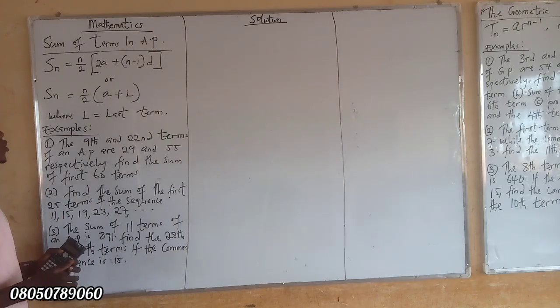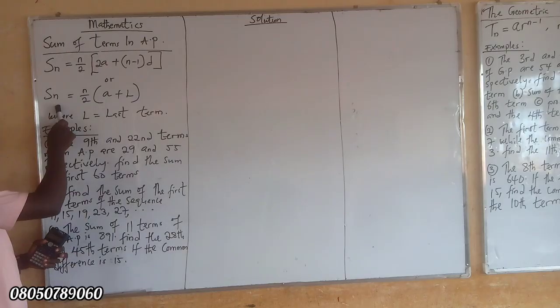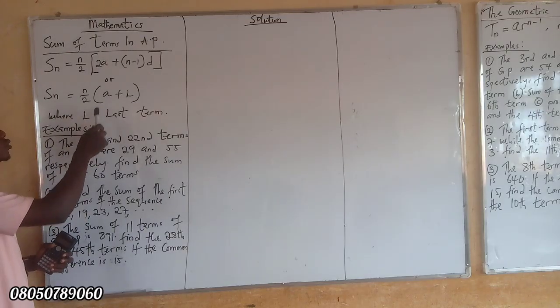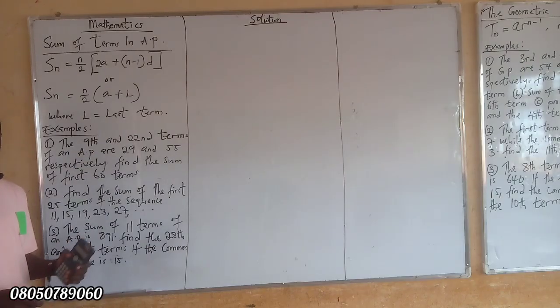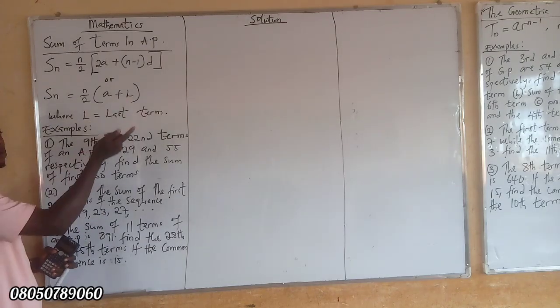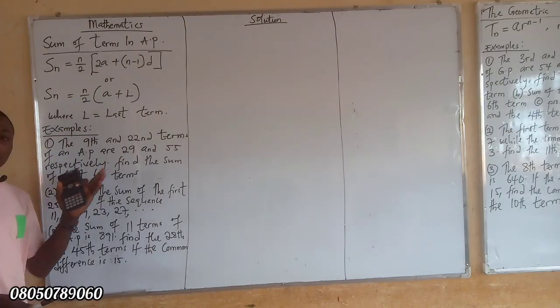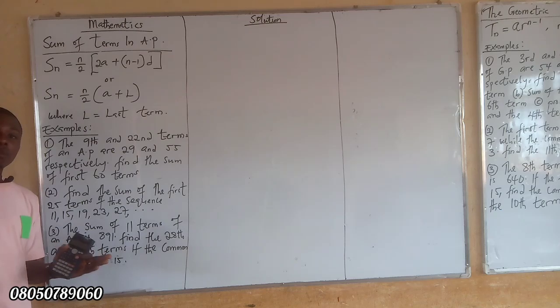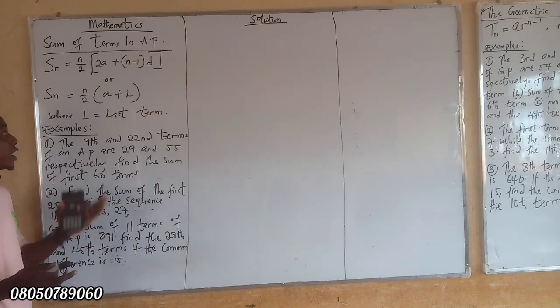Today we'll be looking at the sum of terms in AP, or you can also have the sum of terms in AP to be n over 2 into a plus l, where l is the last term. So now, if the last term is known and the first term is known, then you can use this to find your AP sum. Majorly, this kind of formula is used in JAMB because it will bring you questions where you can just press the calculator straight away and get the answer.